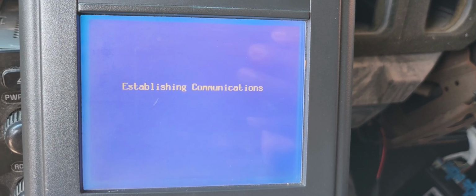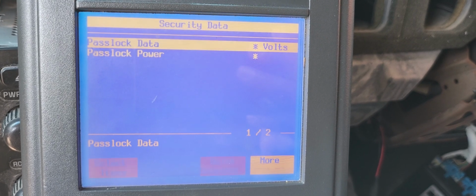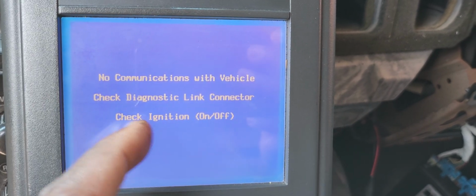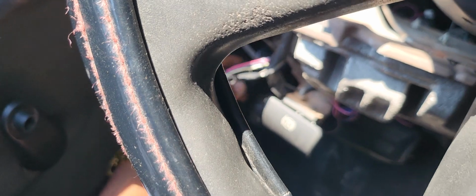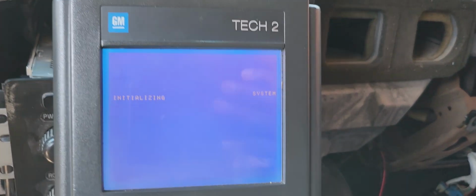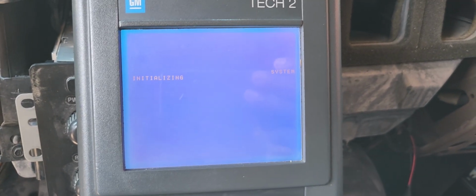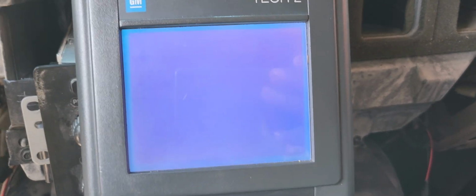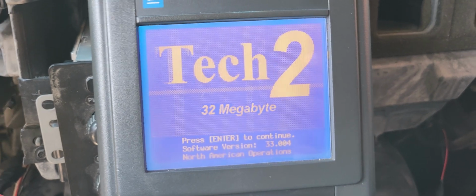Security data. No communication with the vehicle. Check diagnostic connector. So security data link is not communicating. Everything is good. Security data link is not there. So I'm going to try to communicate with